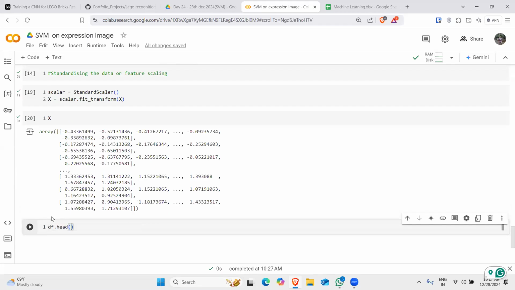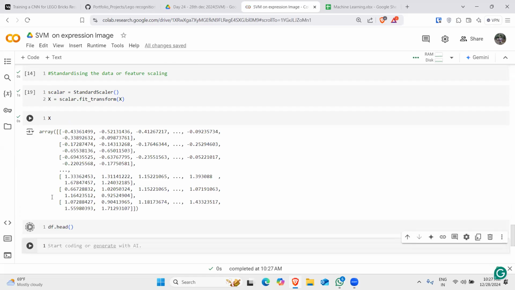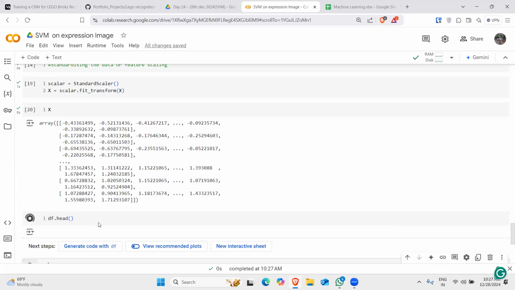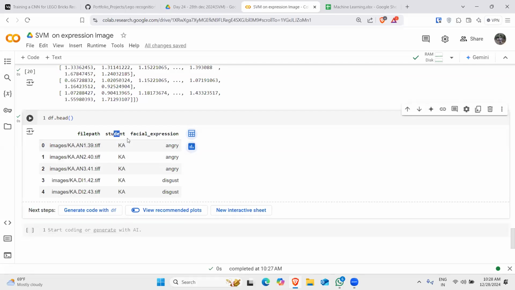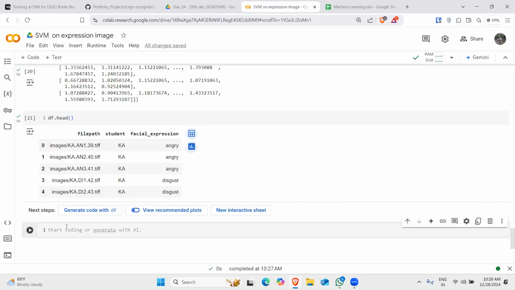that is your df.head, we have some categorical columns. We don't have any numerical column out there. Do we have any numerical column? Student is also not numerical. Facial expression is also not numerical. So we have to convert that into numerical first before fitting the model. So what we'll do is we'll put a heading as train, test, split,